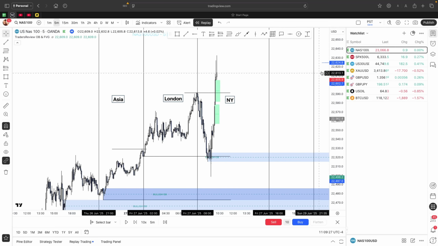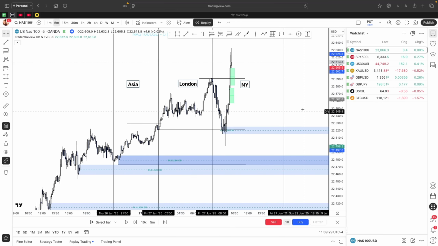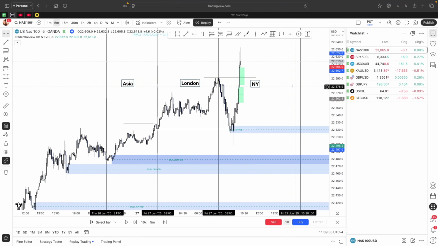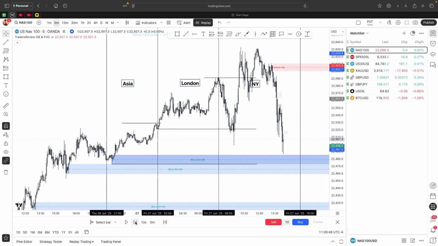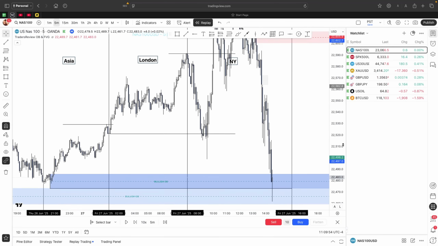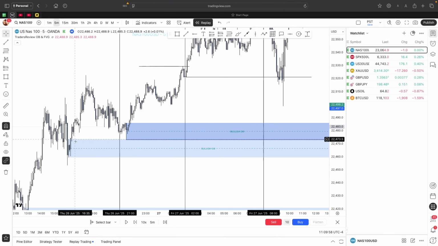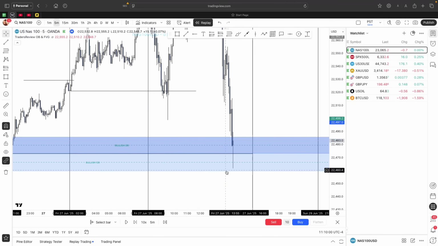So we smashed through that one. Remember, we are going to wait for a confirmation before we enter. We're not going to just enter blindly. So let's play price forward. There we're pushing down. Let's just extend this line right over here. There we go. So as you can see, this order block that was created right over here, we tapped into